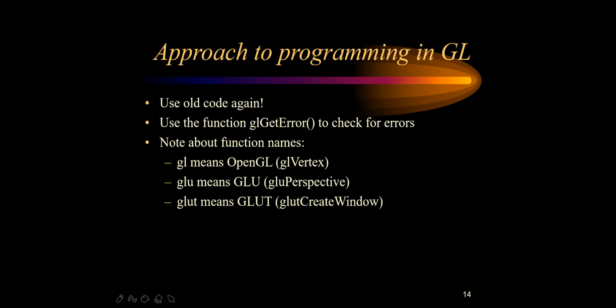Now there are many primitives, and some basic primitives we are going to start with today. Here are some primitive names. Suppose you are writing glVertex. If you write glVertex, it will create the vertex points. How will it create the vertex point? If you give this glVertex the coordinates, it will create the vertex points for you. Next is gluPerspective.